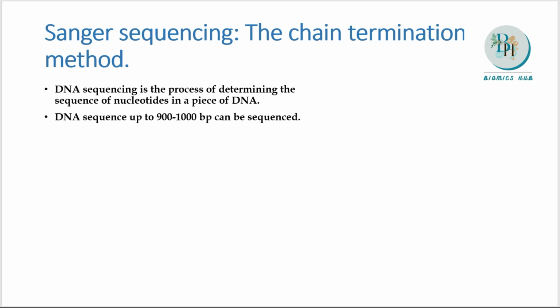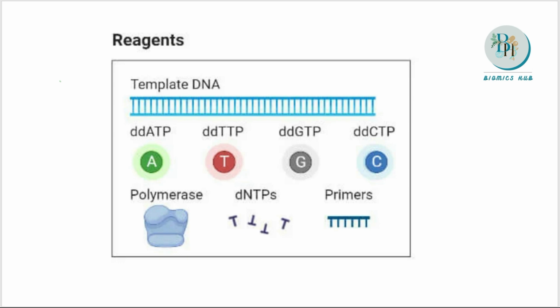So we have to know what reagents are required for the sequencing. The first thing we require is a DNA template, and the reagents required are the same as for a PCR reaction. What happens in a PCR reaction? We need a template DNA, we need dNTPs, which may be ATP, GTP, CTP and TTP, as well as primers and the DNA polymerase enzyme. Additionally, in sequencing, we require ddATP, ddTTP, ddGTP, ddCTP,